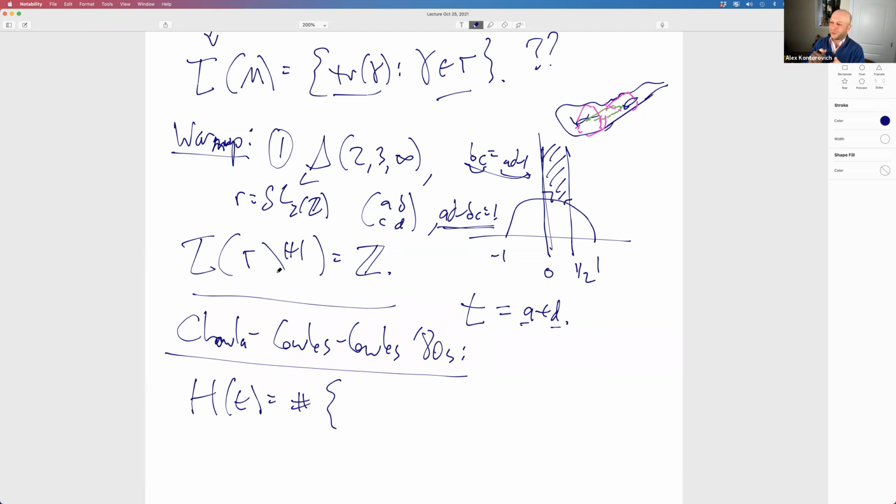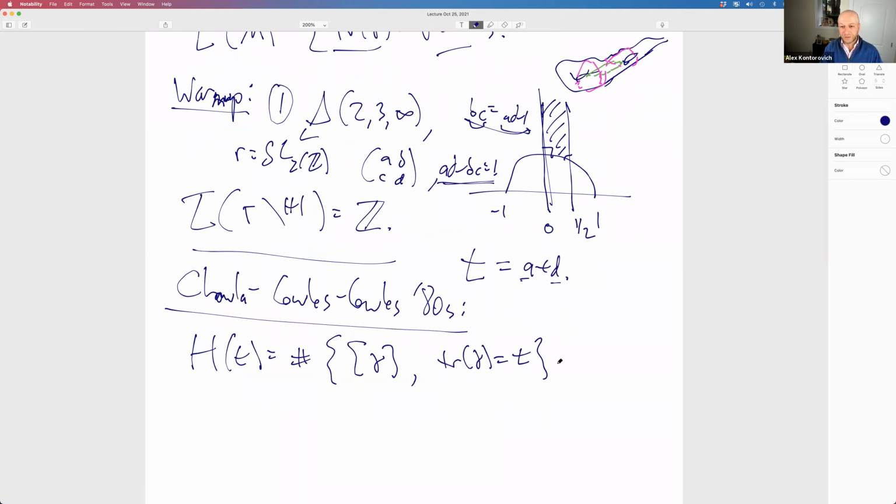It's really not traces of elements that gives you lengths. It's that closed geodesics correspond to hyperbolic conjugacy classes, and conjugacy classes are trace invariant. So this is the number of conjugacy classes of elements in the group with trace being this given number t. And what Chawla observes, what these three authors observe, is that this is basically the class number, the classical Gauss class number, if you like, the class number of binary quadratic forms with discriminant t squared